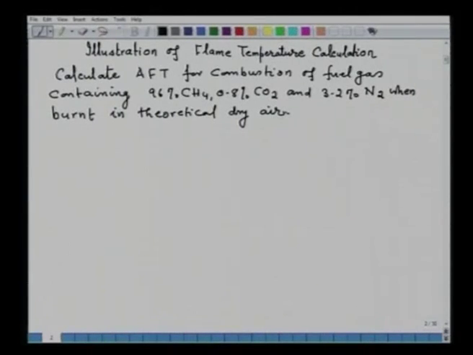air. We are calculating now adiabatic flame temperature, also called theoretical adiabatic flame temperature, because we are not considering dissociation of the product of combustion in our calculation. A detailed exercise can be done if anyone is interested by considering the dissociation and equilibrium constant, because it is a very rigorous exercise. So, I will be illustrating theoretical adiabatic flame temperature, where the dissociation of products of combustion is not being taken into account.